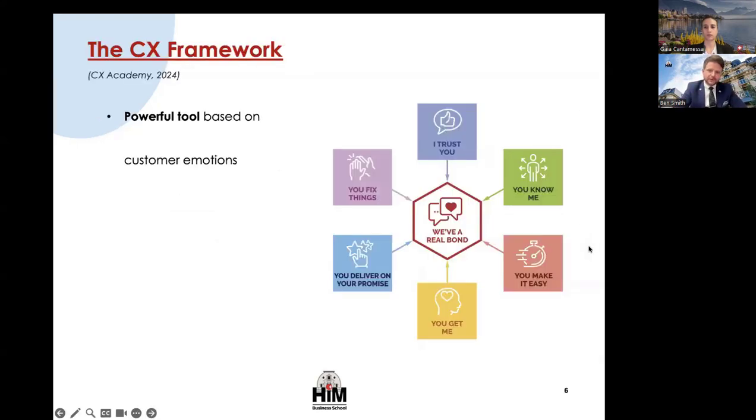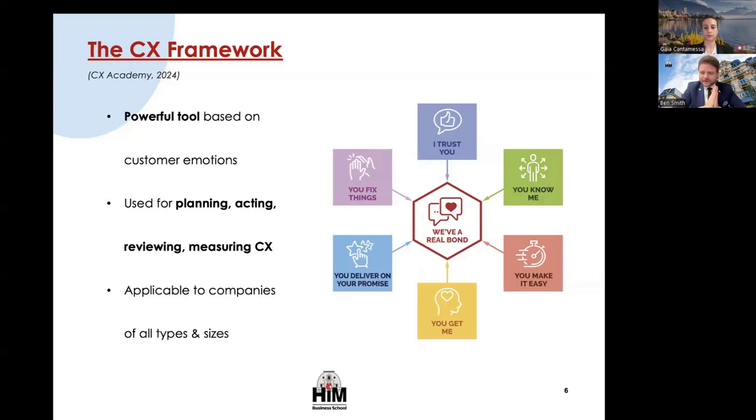So just some examples for you. Over the next 25-30 minutes, I'm going to dive deeper into 6 key emotional drivers that companies can use to connect with customers in order to build loyalty. This framework here was established by the CX Academy, which is based in the UK, who have done research on customer experience theory. This framework, however, can be used as a tool by businesses of any size,